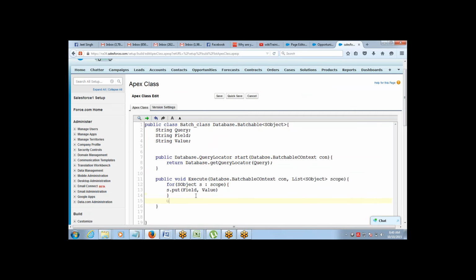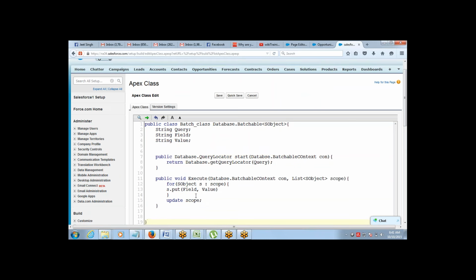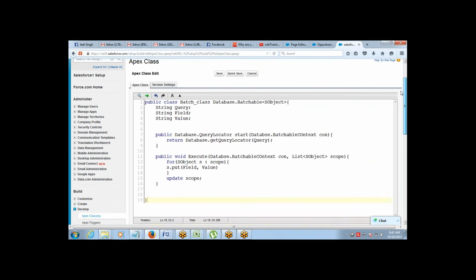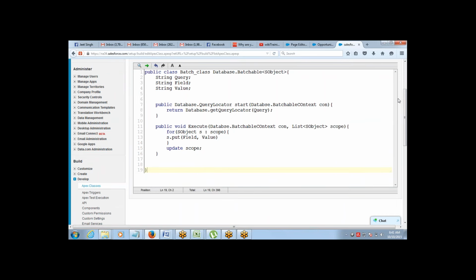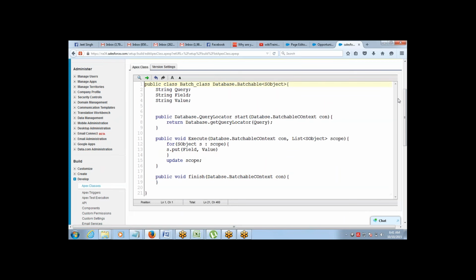Then I will just do update scope. And then one more method, public void finish. In this finish method, I'm not putting anything. Let's not put any code here.